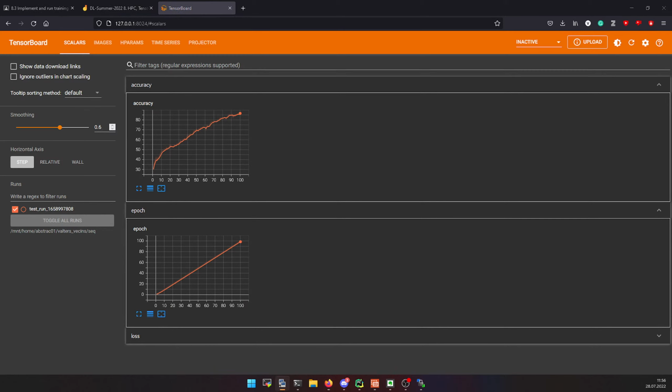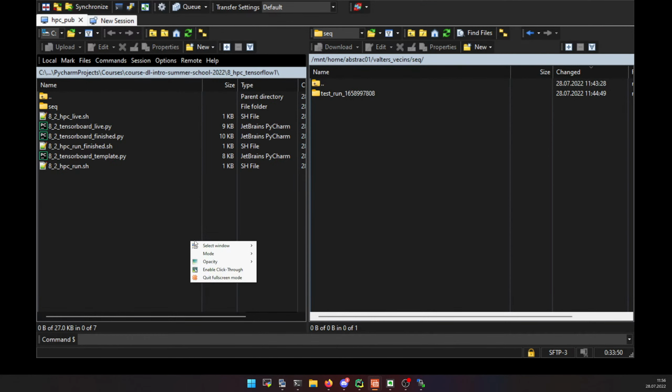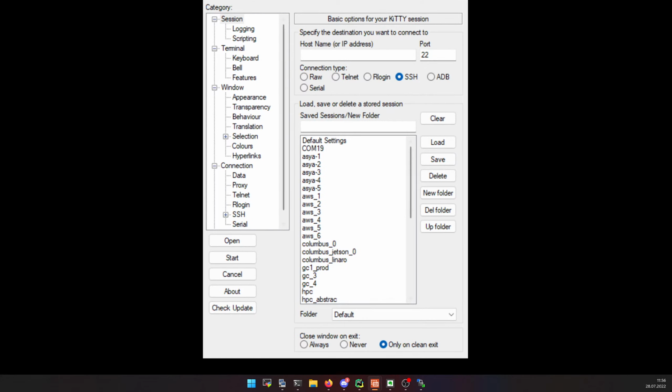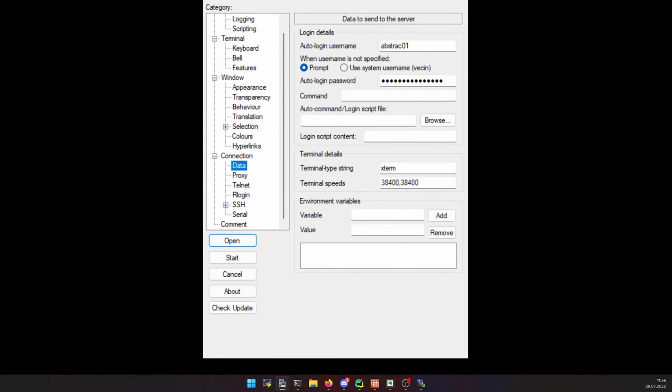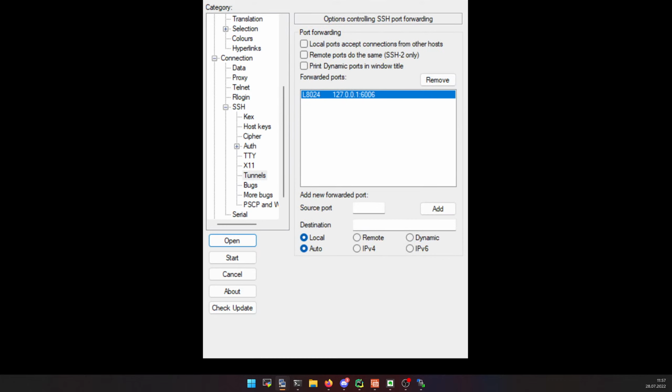Okay, I'll quickly add. I will show for everybody. What do I not have? A tunnel, SSH tunnel. So I will show for everybody except you, because you have a different problem. You're running it through not PuTTY. So if we go here, you saved your configuration. You can load it. You have your username, the IP address here. If you go to SSH on the side, go under tunnels. Here you can add,